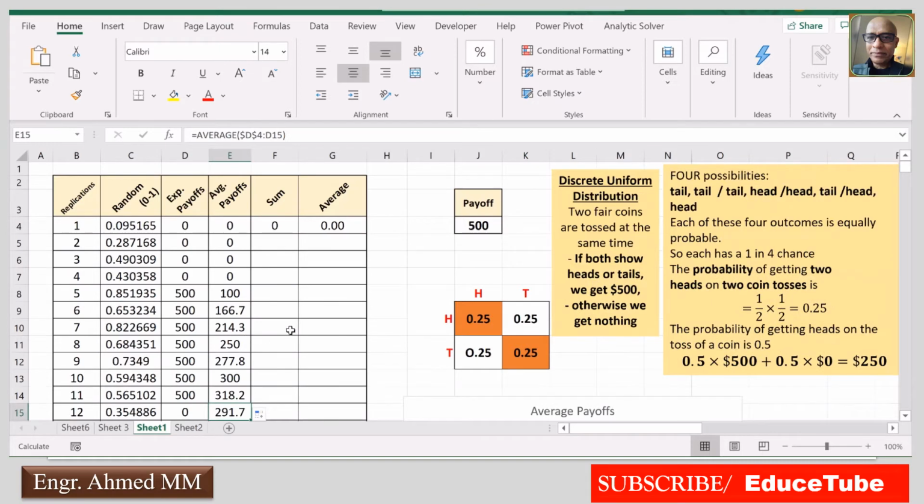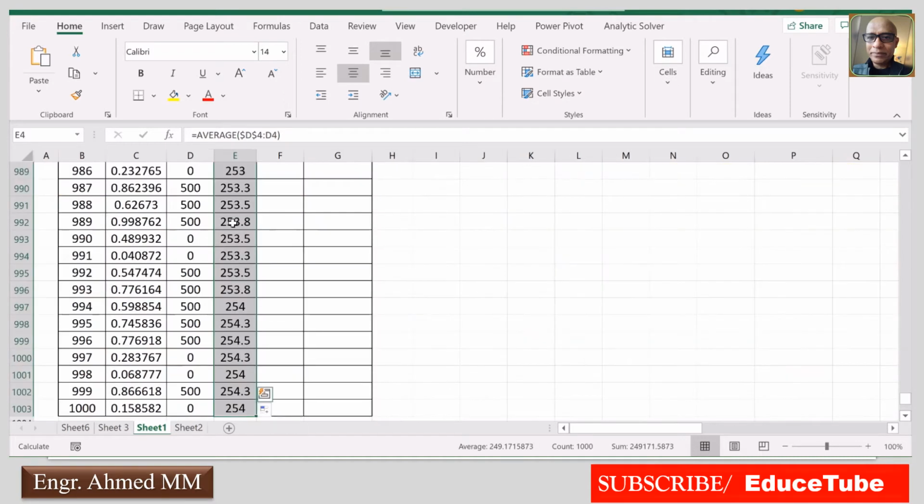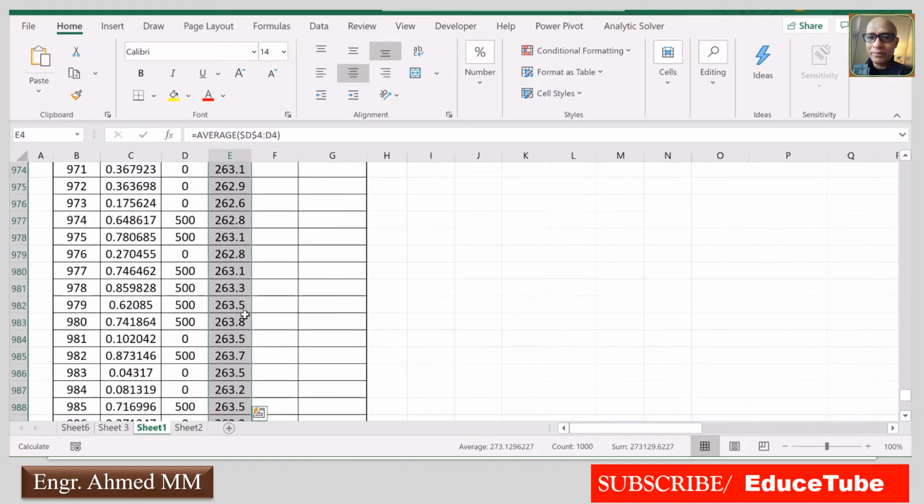Now I will use this average payoff to plot a graph. I select the average payoff. I want to get the whole data of average payoff. This one.